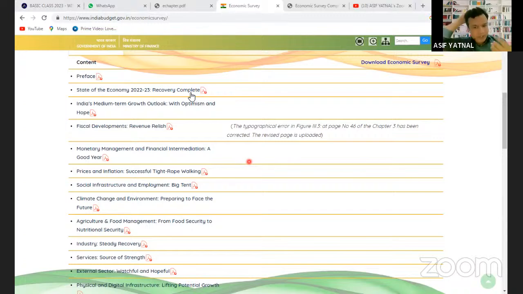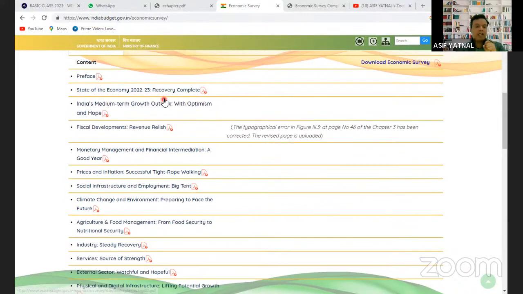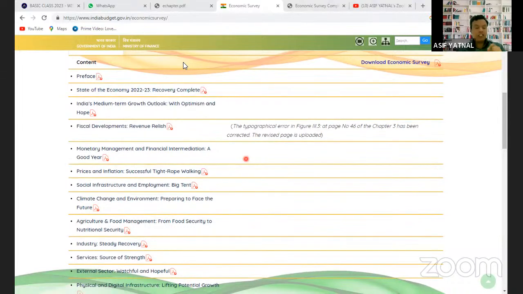So again, a good picture of the Indian economy will be showcased. But आपको challenges पता चल जाएंगे by the economic survey. That's what we need to know. So the first topic is that India's economic recovery is complete. How the Indian economic recovery was completed and what are the still challenges in front of the Indian recovery path, that you can come to know in the first chapter, and that will be useful for you in GS paper 3, first topic, that is state of the Indian economy.